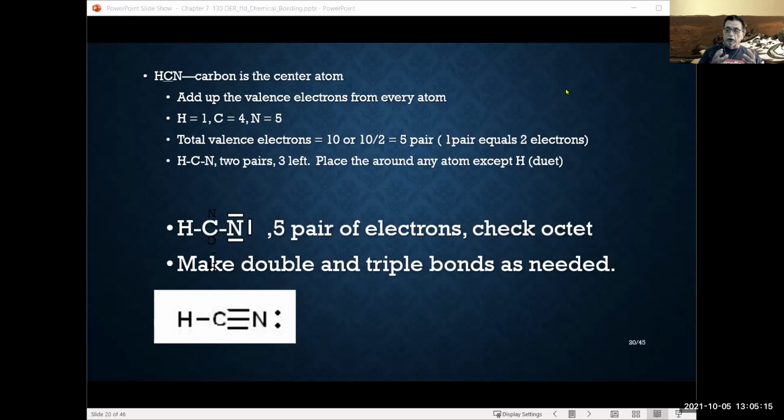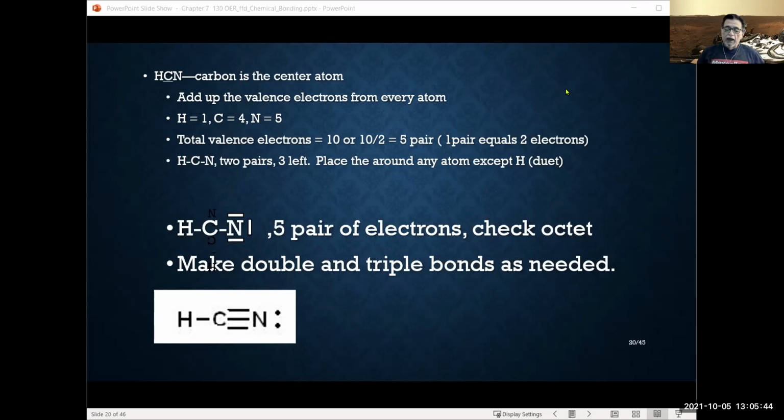That's it. All covalent bonds are either single, double, or triple. And you move these electrons around and share them to make a double bond. And then look at the octet, also keeping track of what you started to work with, which was 5 pairs. Can add more, can add less. You've got to keep track of that. It's important. So finally, you adjust them, and we ended up with that particular formula, a structure where we